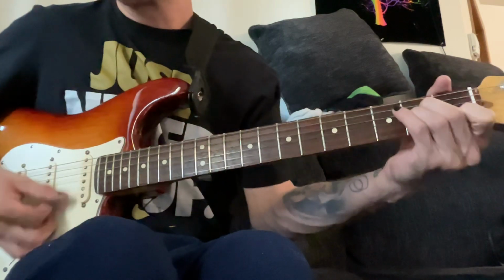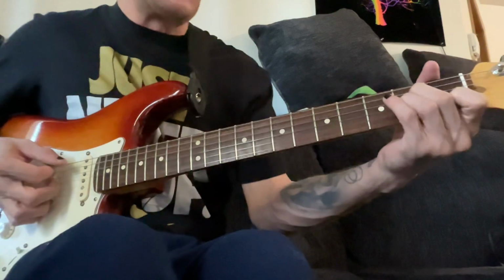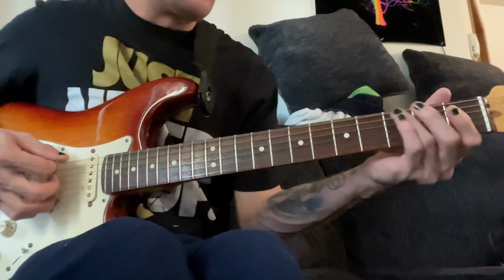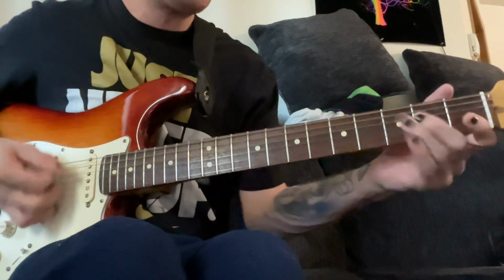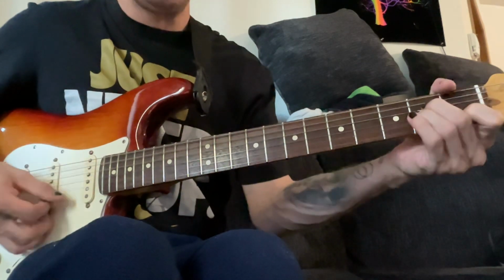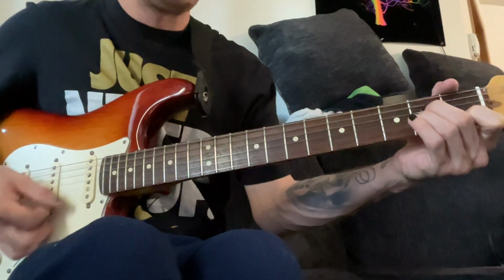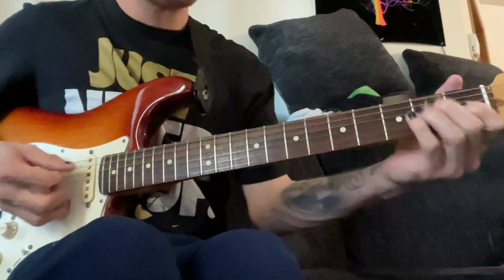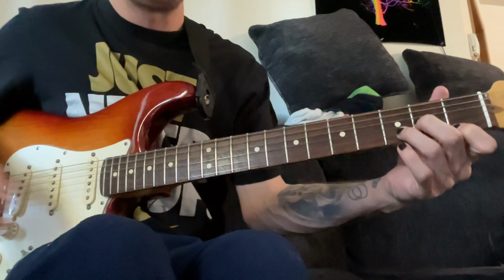We want to downstroke the A minor twice. And then we got that bass line, so we want to hit that open E, and then take our 3rd finger and place it on the 6th string, 3rd fret, and play this 4 times. And then go to our D minor, 3, 4, and then